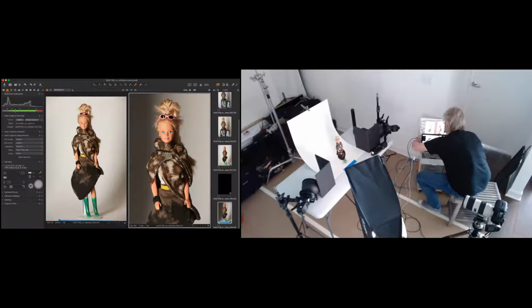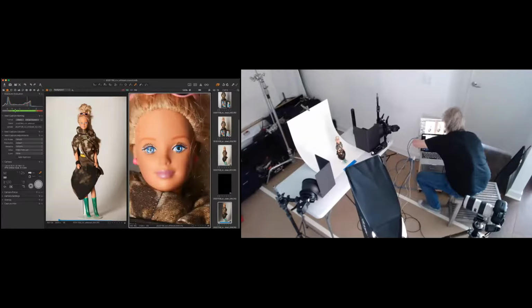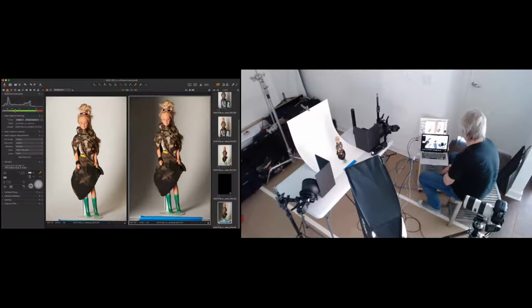Yeah. Great. Sure. I tried to do something similar in the software that you showed us, and the line was actually on the subject's face. But whenever I would get the flag in place, it would just render completely out, and it just wouldn't give me my shadow. Were you using a flag or were you using a solid? I was using the solid. Okay. And how close were you to the figure, or how close to the light? It was pretty close to the light, and you could clearly see the shadow on her face.